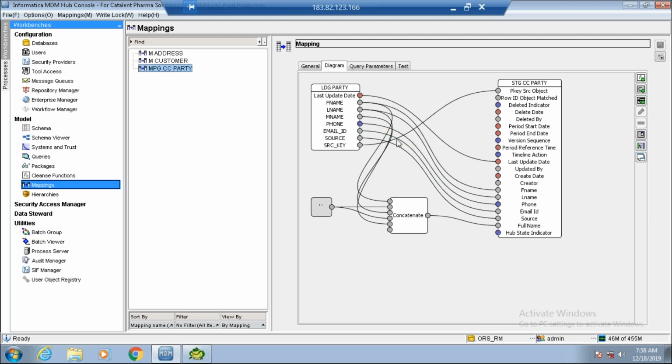But if the names are similar, like CC party and DC party, both are derived from the same base objects. So it will show all the stage tables derived under the same base object. It is intelligent enough to make you understand that the only possible stage tables for this particular landing are these. The rest need not be considered.